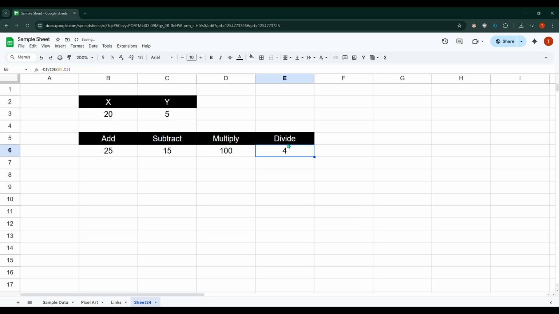And that's it. With these functions, adding, subtracting, multiplying, and dividing numbers in Google Sheets is a breeze. Not only do these functions simplify the arithmetic, but they also make working with large sets of data much more efficient and less prone to manual error. Experiment with these functions, and you'll quickly find how useful they can be